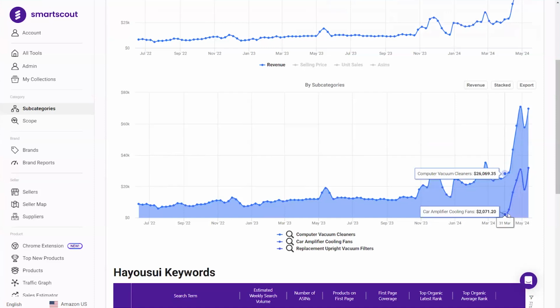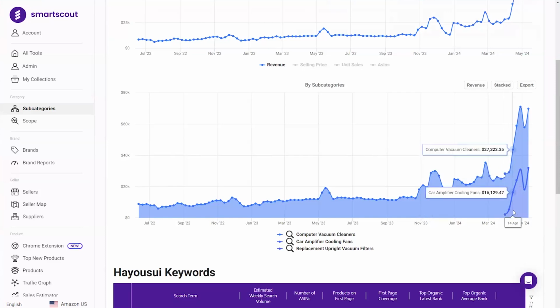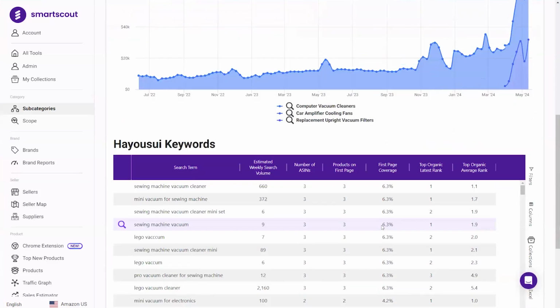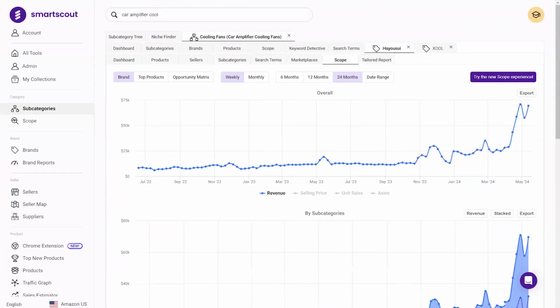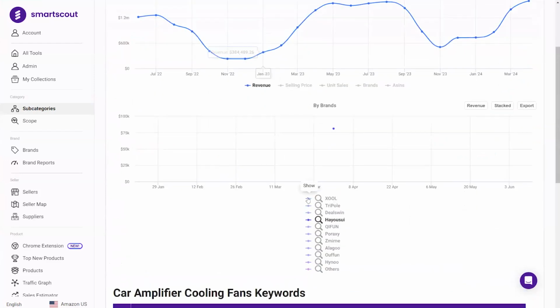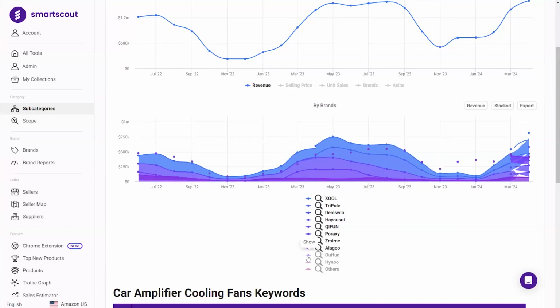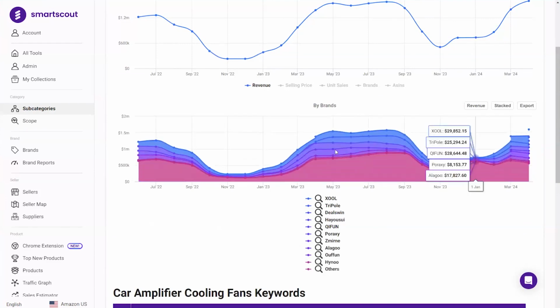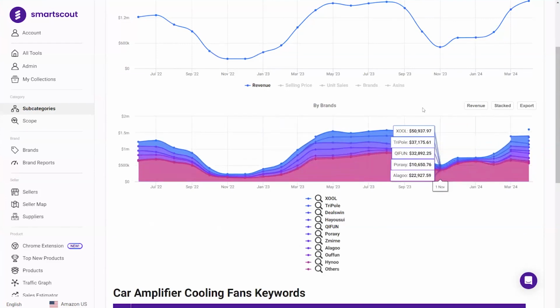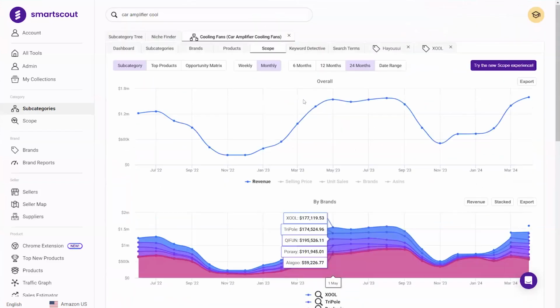Okay, so now we see here they only started getting into this car fan business last year, end of March. So roughly a year ago, and they're definitely growing in it. So they've been able to identify a cool niche. And okay, jumping back into the actual category itself, we could see the major players, we could see the changes in market share. Again, this helps us paint a picture of, can we enter this market or can we grow within it?